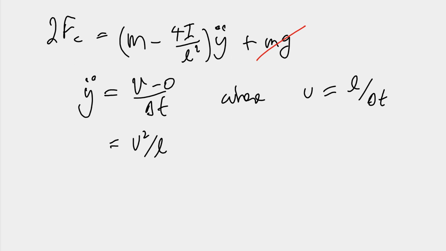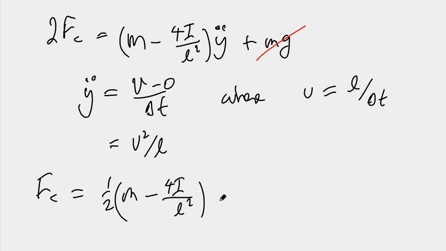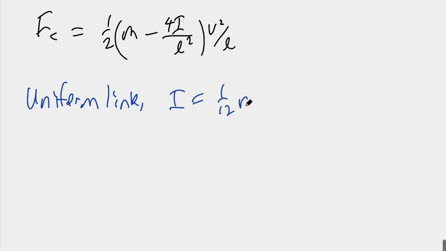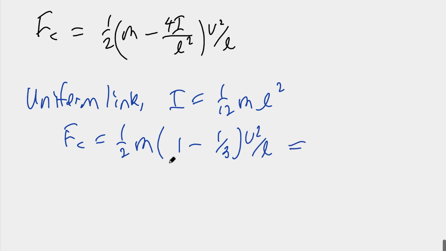So ignoring this term, we have the force that the container exerts on the bead chain is 1/2 times m minus 4I over L squared times v squared over L. For example, for a link with uniform density, the moment of inertia will be 1/12 the mass of the link times L squared. So Fc in this case is 1/2, factor out m, we have m times 1 minus 4 over 12, which is 1/3, times v squared over L. And the factor in parentheses is 2/3 times 1/2, which is 1/3, times m v squared over L. And remember, the mass is the mass per unit length times L, so that's equal to 1/3